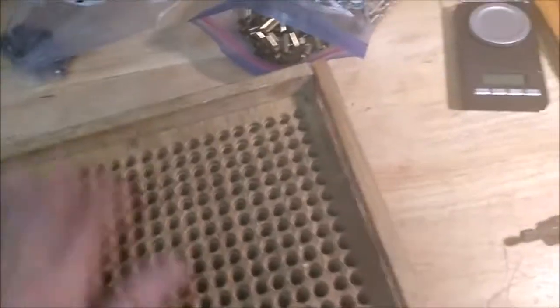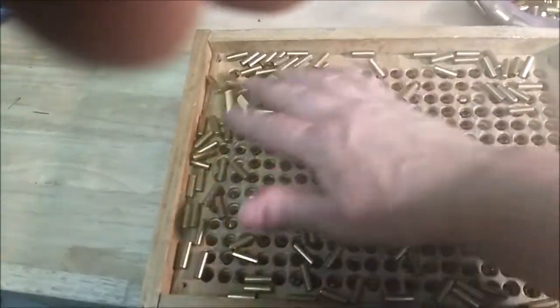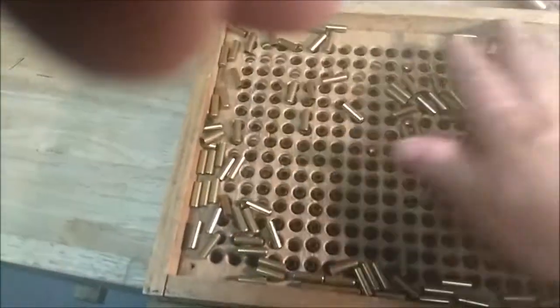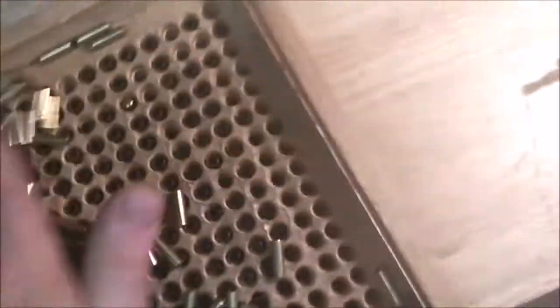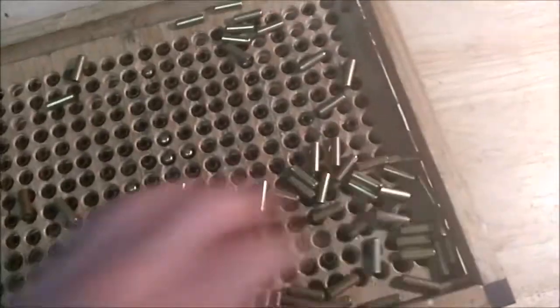Goes in like that, goes in like that, and then the fun begins. Excess is best here. You dump in a whole bunch. You go crazy with them. You can either shake the whole thing like this, or you can kind of run them around. Eventually, you fill them up pretty good. You can see they're pretty well filled up already. There's some missing. There's a couple problem ones, but